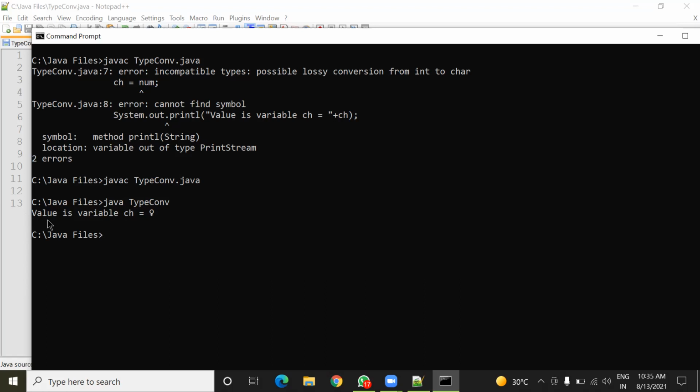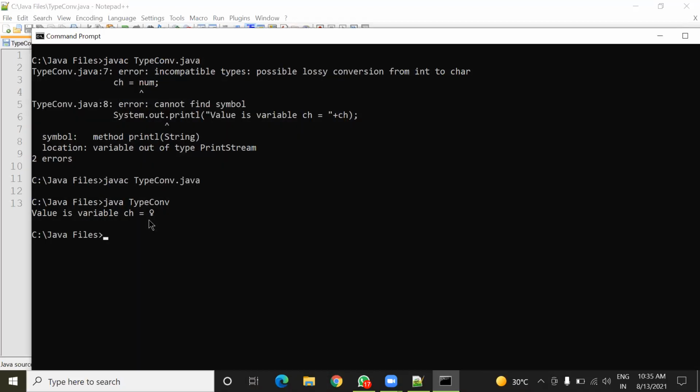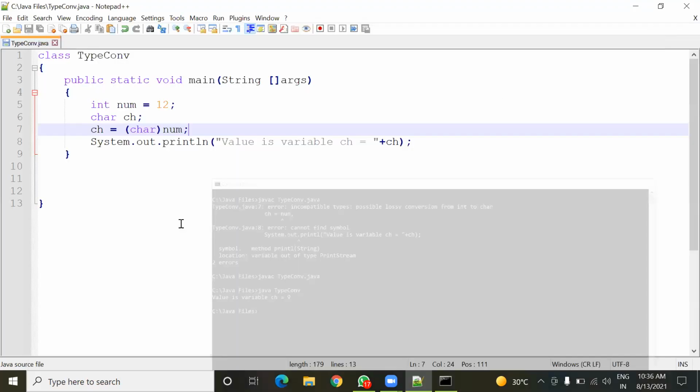Okay, so value, oh, here the statement is wrong. Value inside variable ch equals to. So here you can see a symbol appearing. It means the value that I have given here, 12, its character equivalent is this symbol in the Unicode character set. Understood?